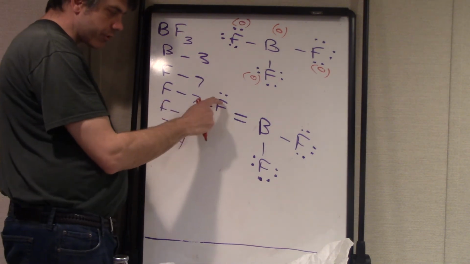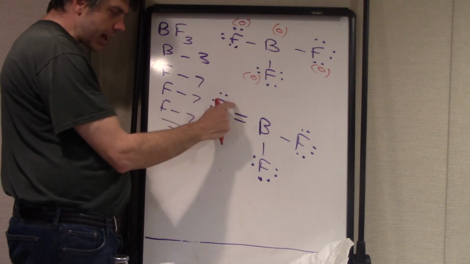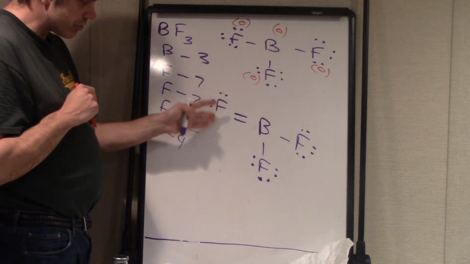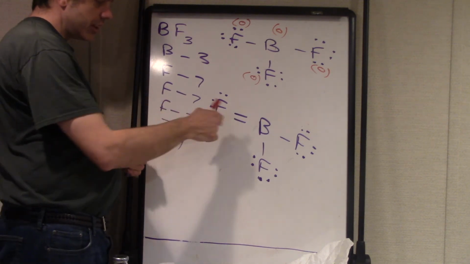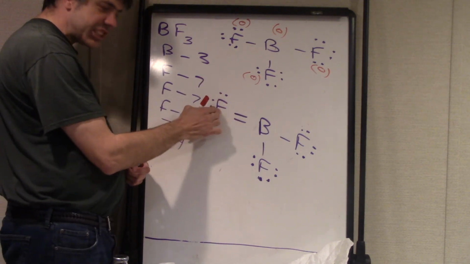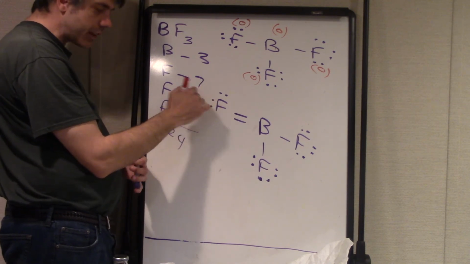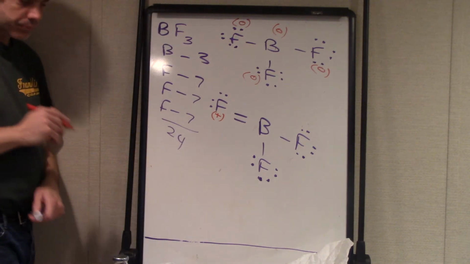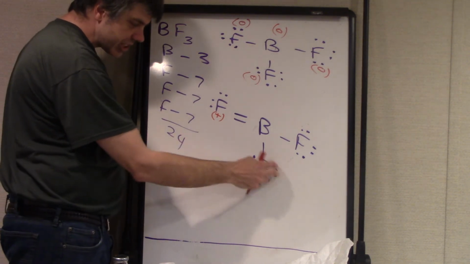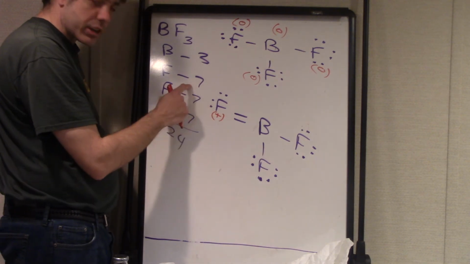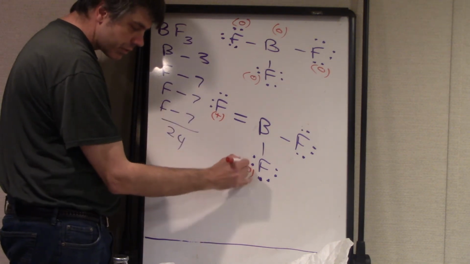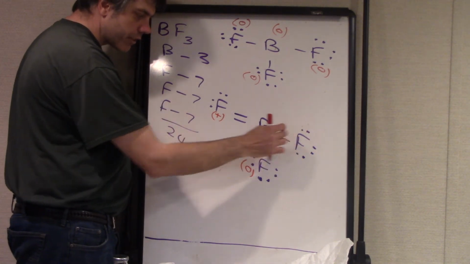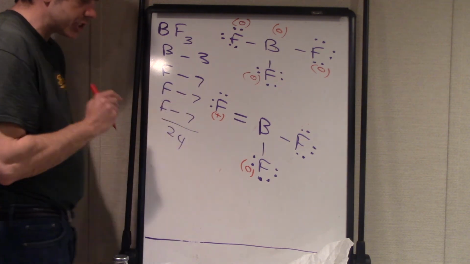Now let's do the bottom structure. Fluorine, 2, 4, 5, 6 formal electrons, compare that to 7 valence electrons. That's 1 less formal electron for a formal charge of +1. This fluorine, 2, 4, 6, 1 from the bond, 7 formal electrons matches the valence, for a formal charge of 0. Fluorine on the right, 2, 4, 6, and 1 from the bond makes 7 formal electrons, matches the valence electrons